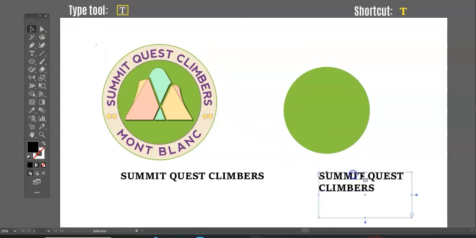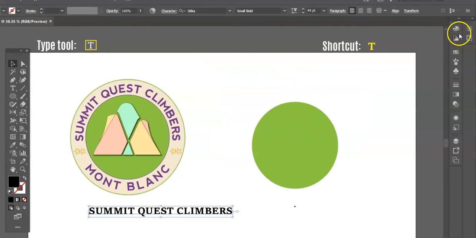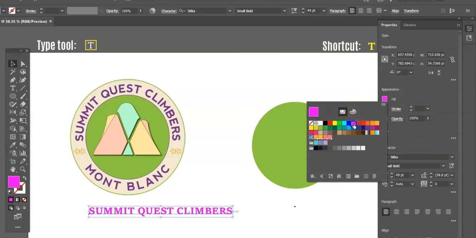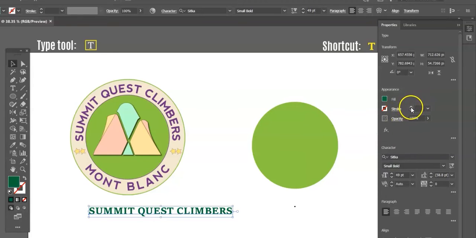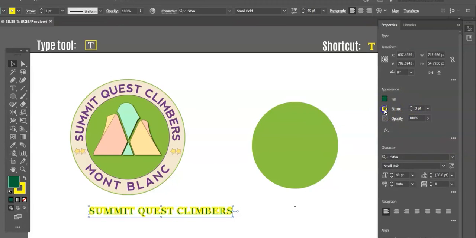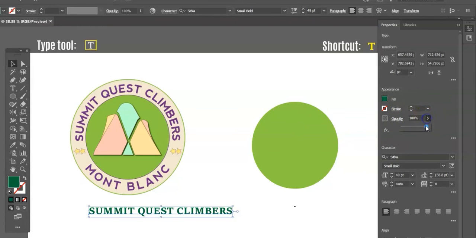There's a lot you can do to this text. Just select the text first, then go to the properties panel. Now you can change the color, add strokes, change stroke color. And if you are tired of the stroke, you go back and cancel it. You can change the opacity,